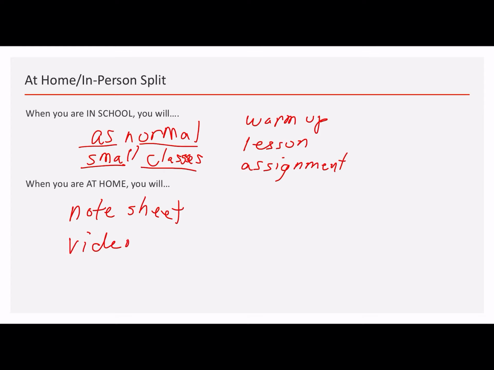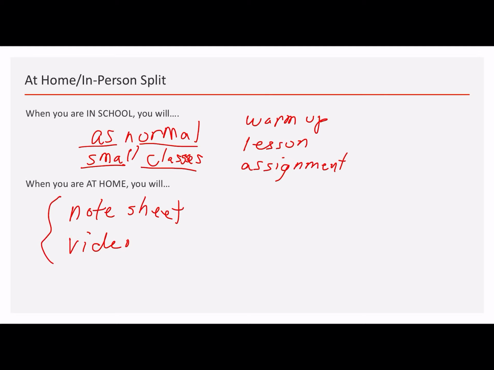All right, so the note sheet is the same note sheet that people who are in class with me are going to get, and the video is going to cover the exact same material that people who are in school with me are going to cover. And then you're going to go through the video with the note sheet, okay?